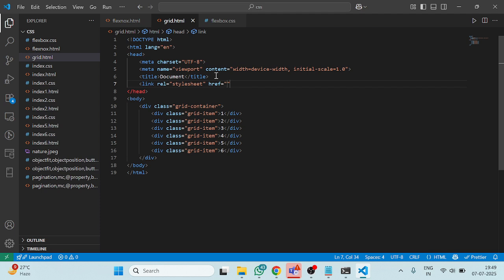Here the href I am taking is the corresponding file name. It will be closed. After that I want to use